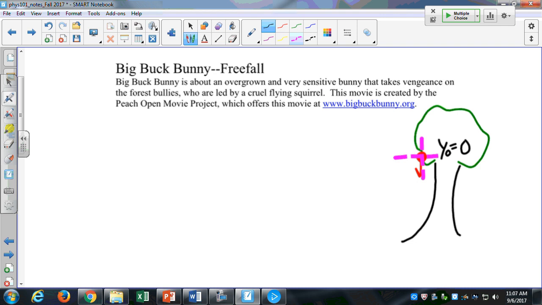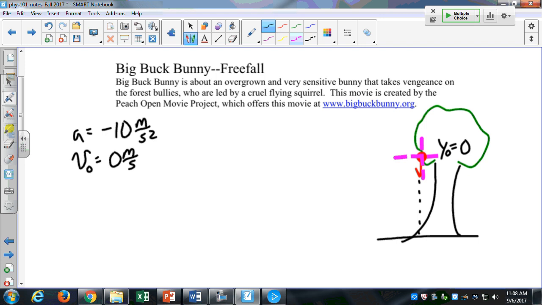Then the object falls down to the ground, and we know a couple of things about it. We know the acceleration. The acceleration is minus 10 meters per second squared. That's not stated, and it won't ever be stated in any problems, but it's always something that you know. When something is in free fall, the acceleration is minus 10. We know that v0 in this case is equal to 0 meters per second. And we know that